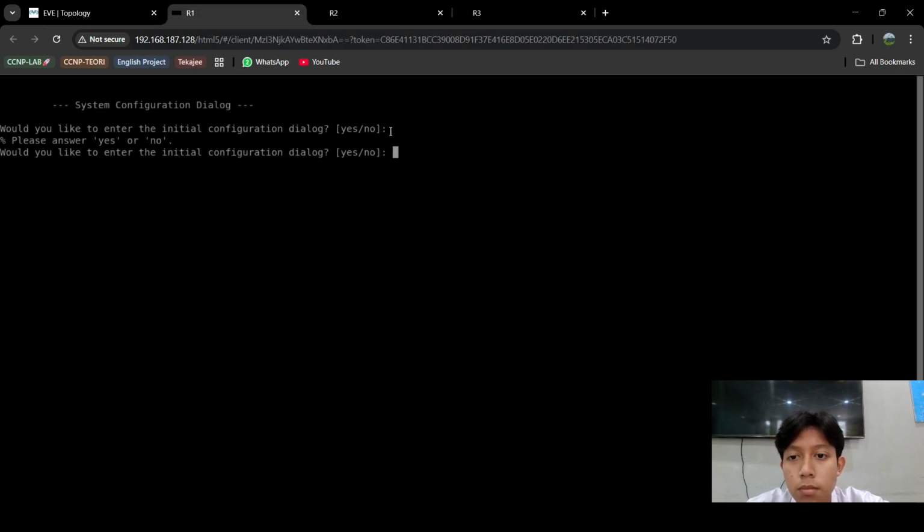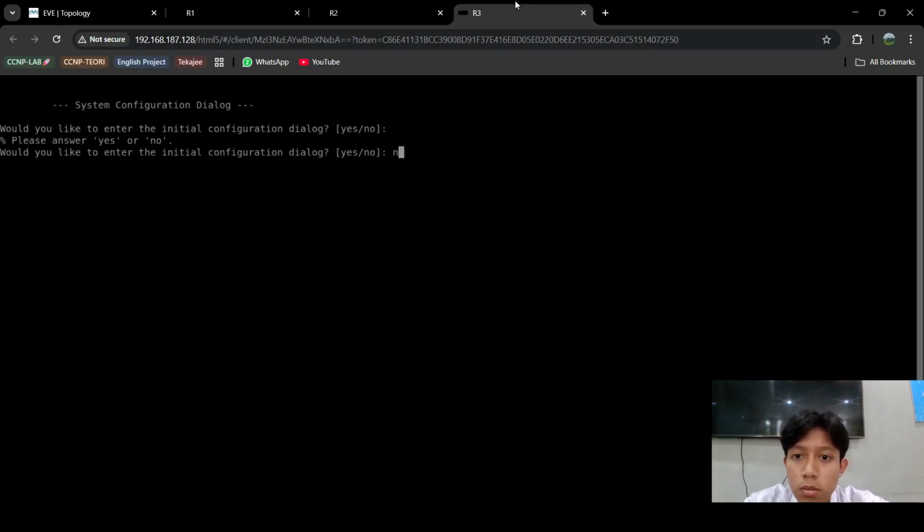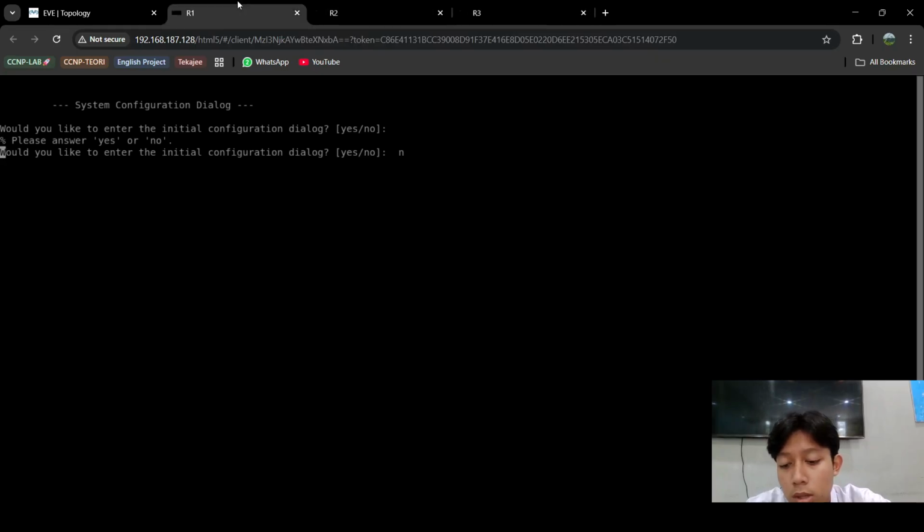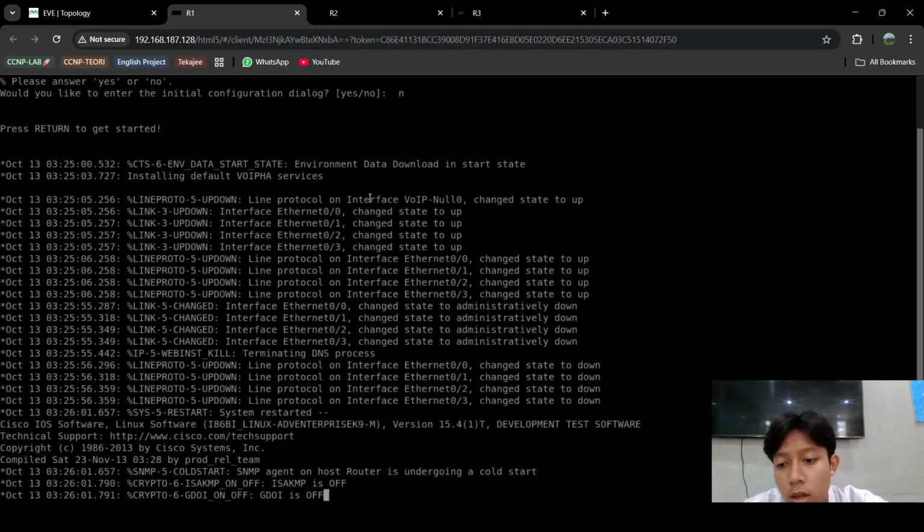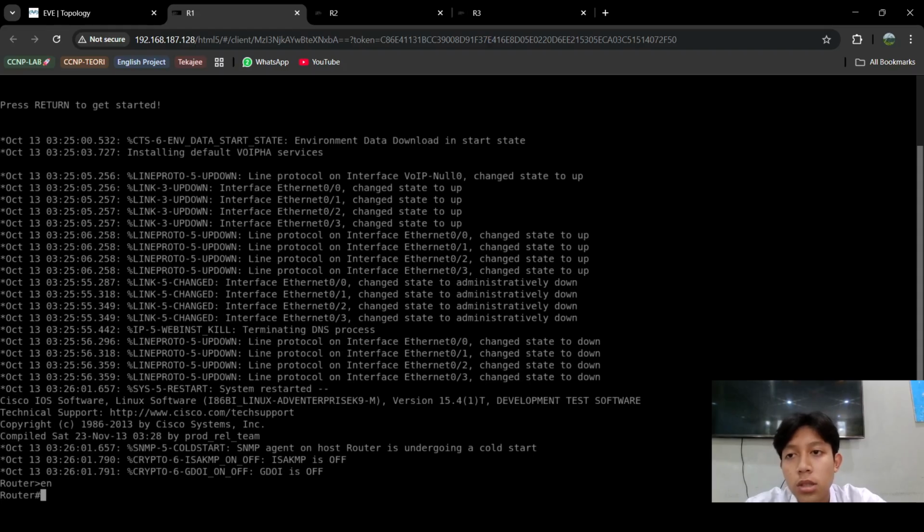Wait until like this, and you can type N or no, and wait again until the router is ready. Okay, if like this, you can first start from router 1.